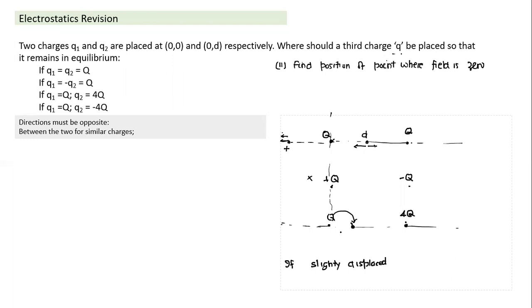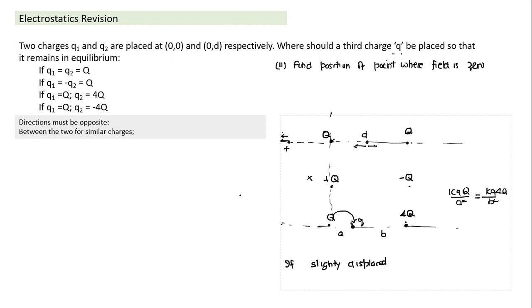So if this distance is A and this distance is B and this charge is Q, so K into Q by capital Q divided by A square has to be equal in terms of magnitude. See, once I choose a position, directions of forces already become opposite. So signs are taken care of. Now we are just equating the magnitude: K Q q by A square equals K 4Q q by B square. So very easily we can find the position of equilibrium.